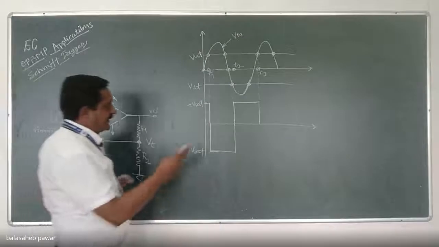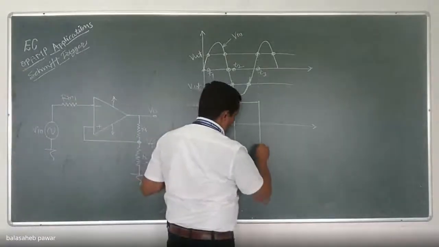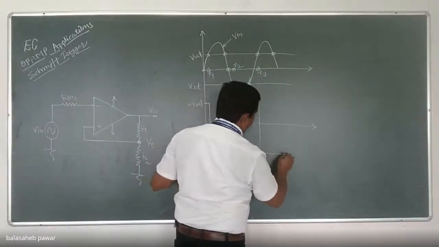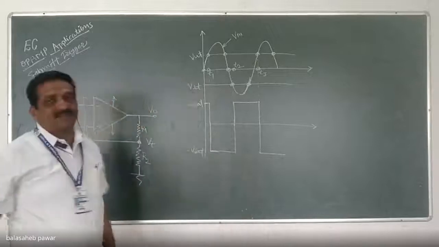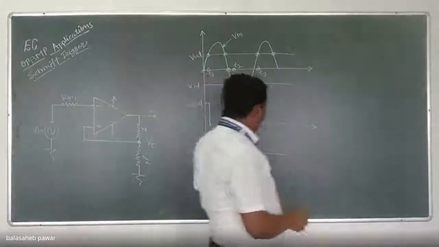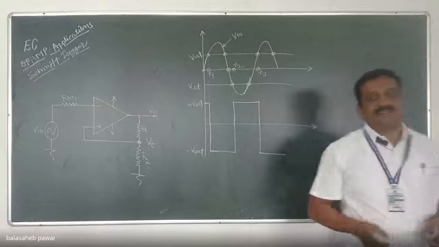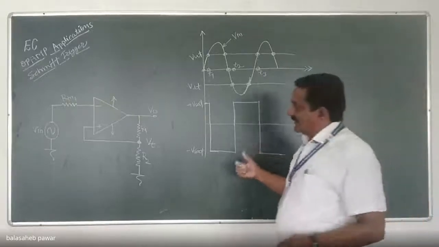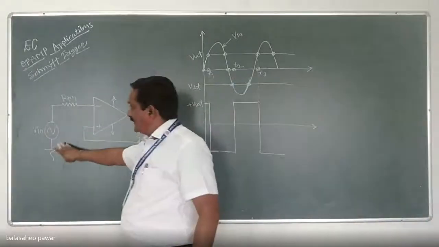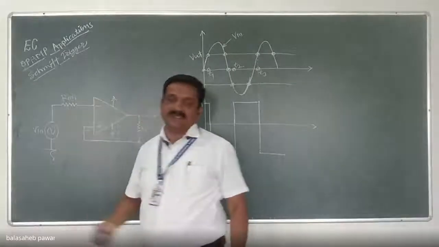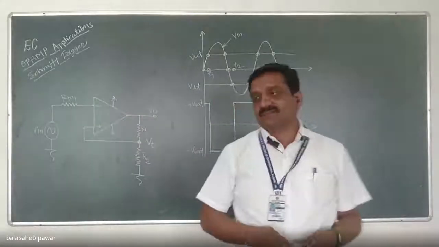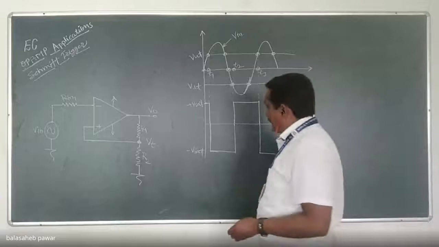And later on, that cycle will get repeated. So you will observe here, we are generating a symmetrical square wave, right? So this Schmitt trigger can convert any type of input signal into a symmetrical square wave. So hope so you might have